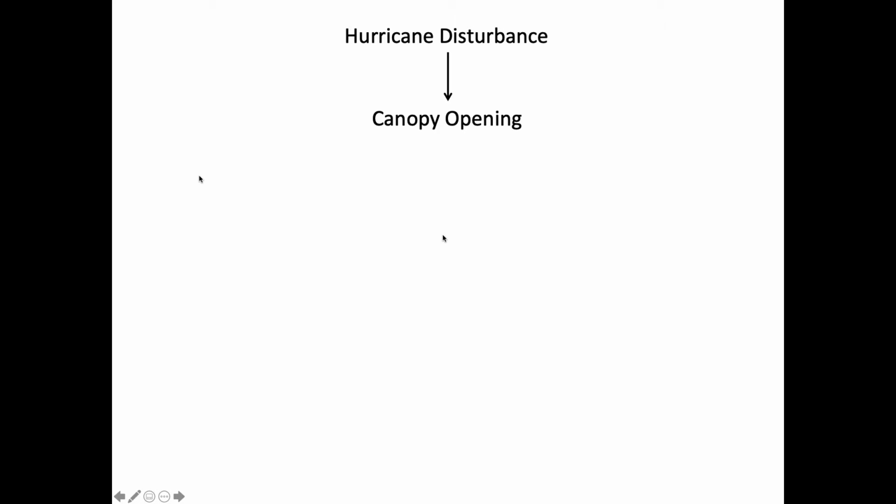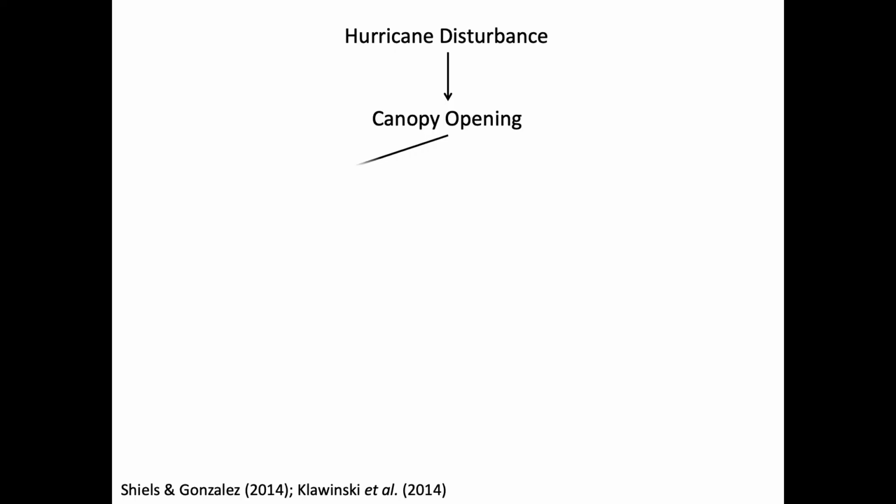When a hurricane hits an island, hits a forest, the thing that is most obvious is that the canopy opens up. The hurricane comes along, it breaks, all the branches fall to the ground, all the wood, all the fresh leaves, etc. that was up in the forest is now down on the forest floor. What this looks like is you go from a forest that, if you take a picture of the canopy, looks like this as you look up towards the sky, and it converts this forest canopy into a canopy that looks like this. And all of that stuff that used to be shading the forest floor is now down on the ground. And so two things happen.